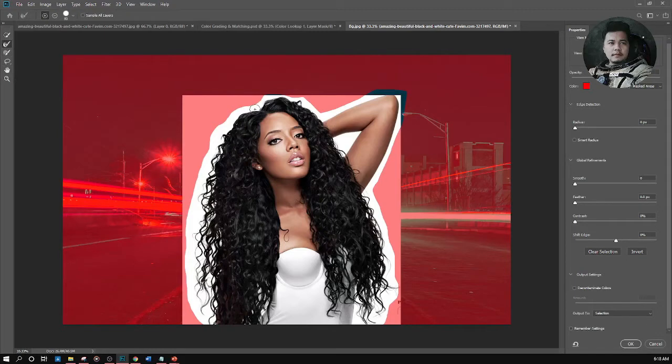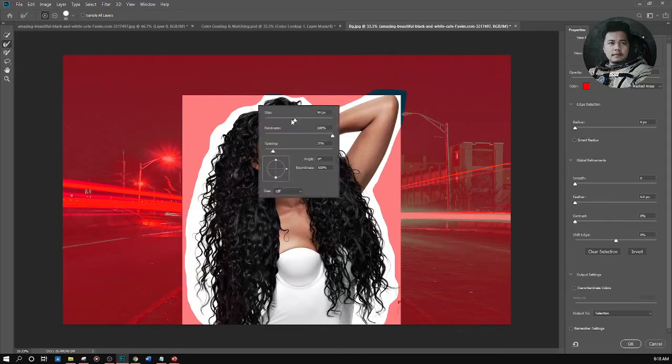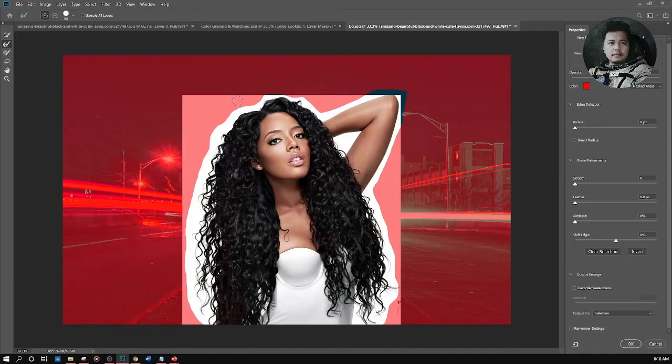To decrease and increase, you just have to right click and then slide the size left to decrease, and slide it to the right to increase. However, we have a shortcut for that. That would be the curly brackets. The open curly bracket will decrease the size, and the close curly bracket will increase the size. So we're just going to set it to maybe something like that, and we are going to start painting the